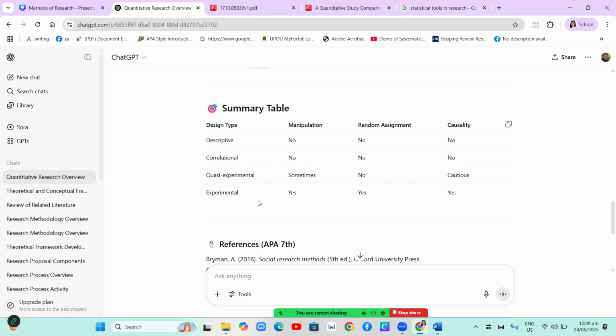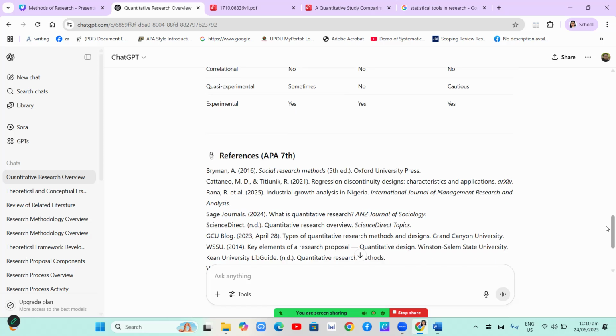And when you use experimental, where you have the control group and the experiment group or groups, there is manipulation. Yes, there is manipulation because you will utilize a treatment or something you have developed to the experiment group. And you will compare the data from the control group. Okay, and there is random assignment and there is causality. When you say causality, you will analyze the cause and the effect of your treatment or the something you develop in the group. Okay, that's our lesson.